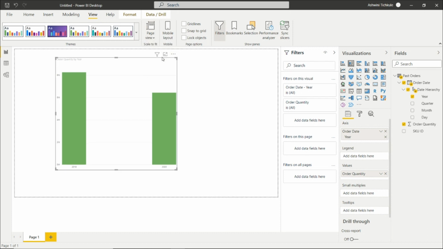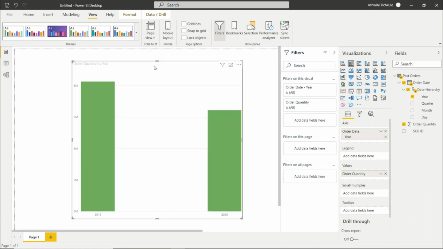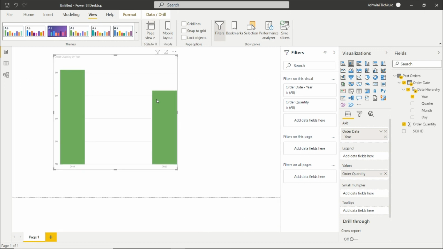For width, this dashboard will fit to the width. And if we want the actual size, it will give us the actual size. Anything we can do, but the most standard use is fit to page.